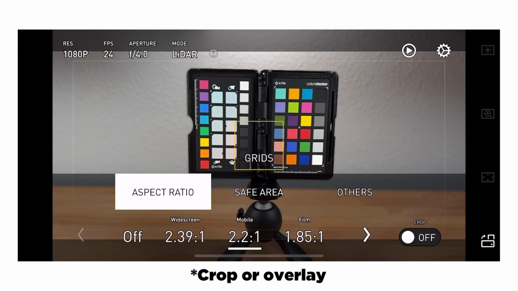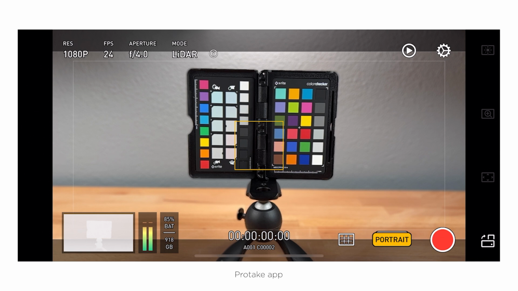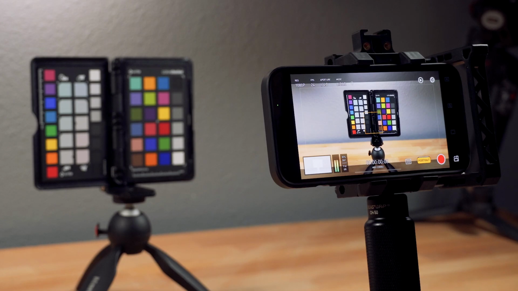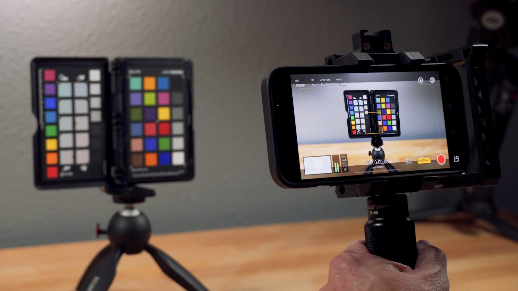That's really all it's doing. And so again, I would shoot in the standard 16:9 and do any cropping later in post-production. The only exception would be if you're shooting something quickly and you want to post it to social media. That way doing it in the app will save you time and you might not care. Just like the other apps,